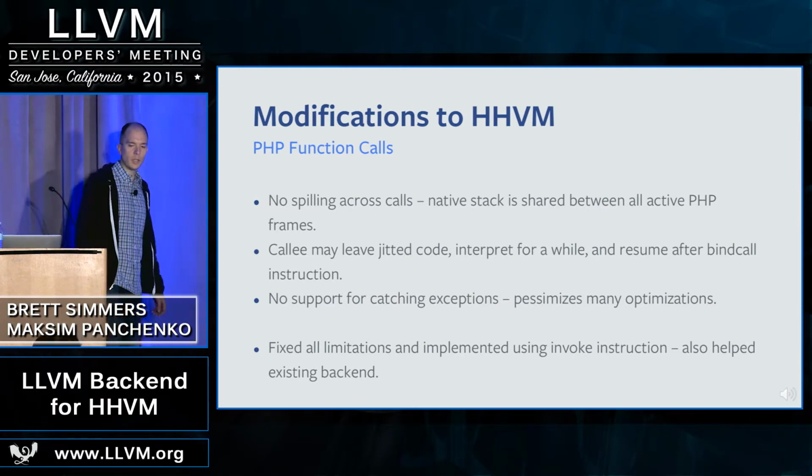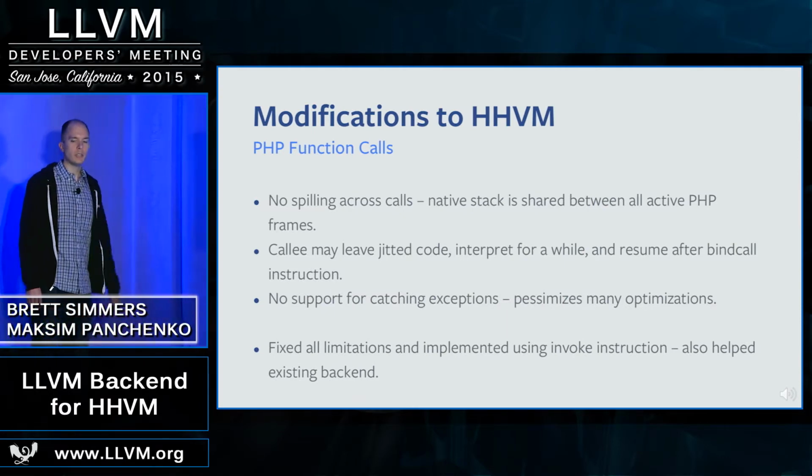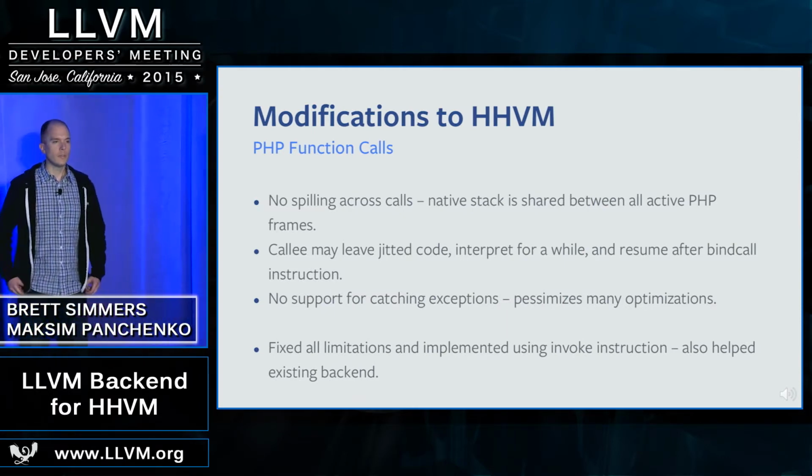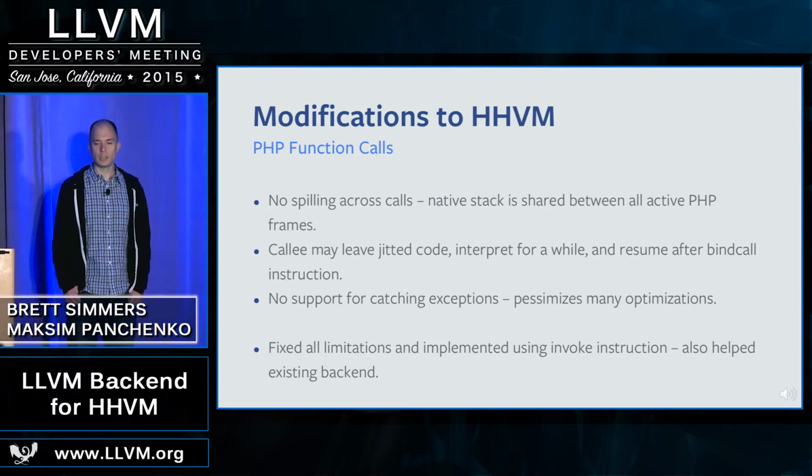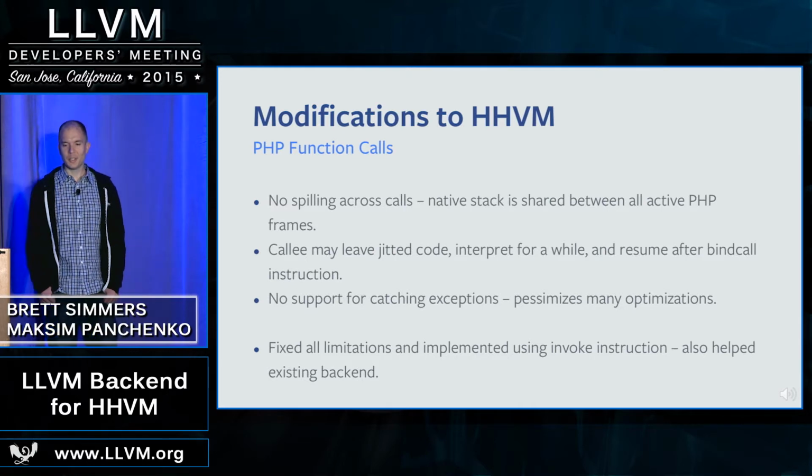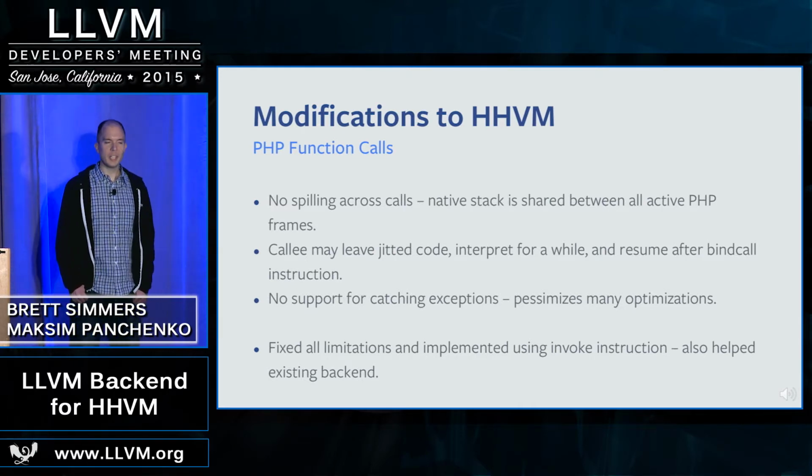So to get this working, we had to make a few major modifications to HHVM. The first one was how we handle PHP function calls. The exact details of this are far too messy to get into here, but the main consequence of the way we used to handle PHP function calls was that we couldn't spill values to the stack across a call. This was because we have a PHP stack and a C++ stack in different points in memory, and the C++